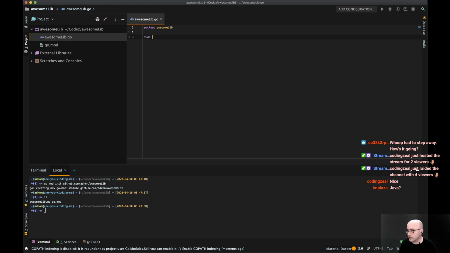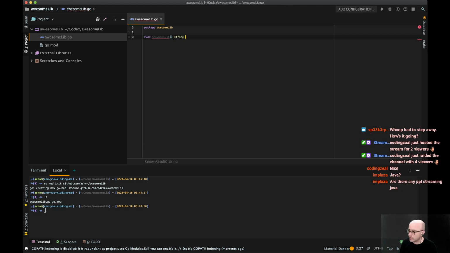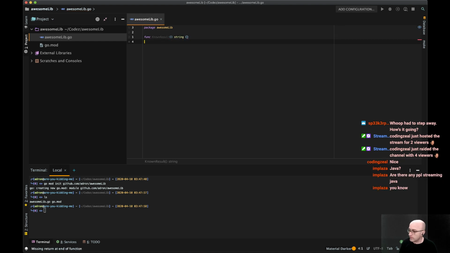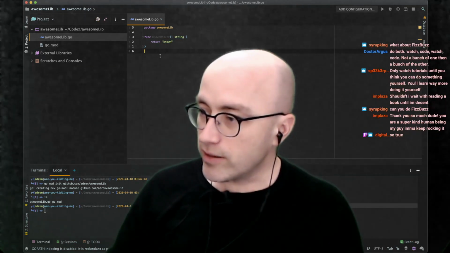Let's just write a function. We'll do it backwards. Instead of TDD, we'll do implementation, then test. So I'm going to write KnownResult, and this is going to return a string. And then we'll get a known result back here in the function by saying return known. And then you create a little function,